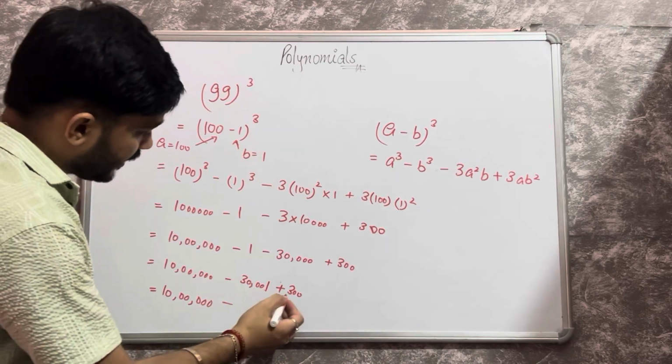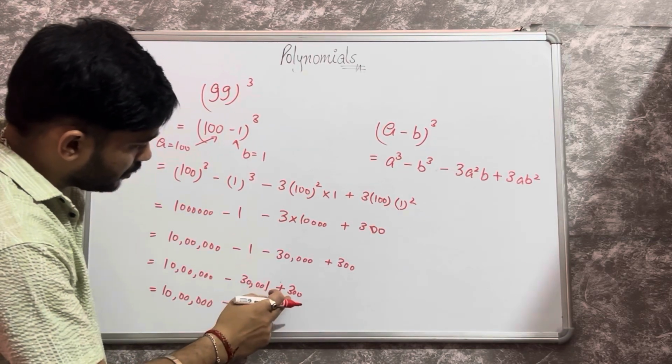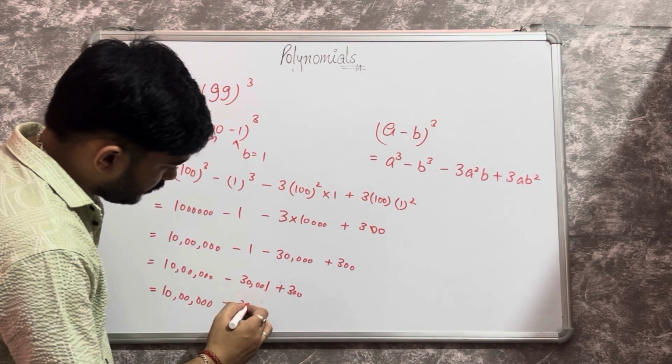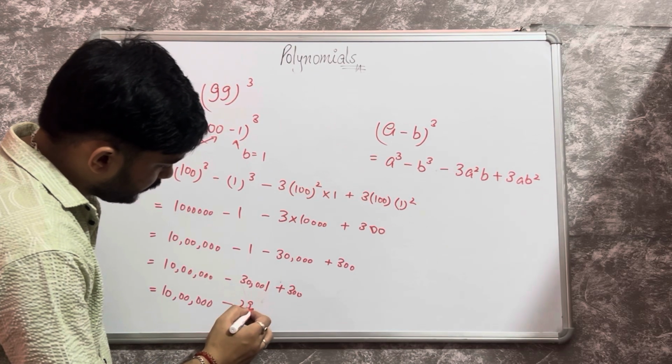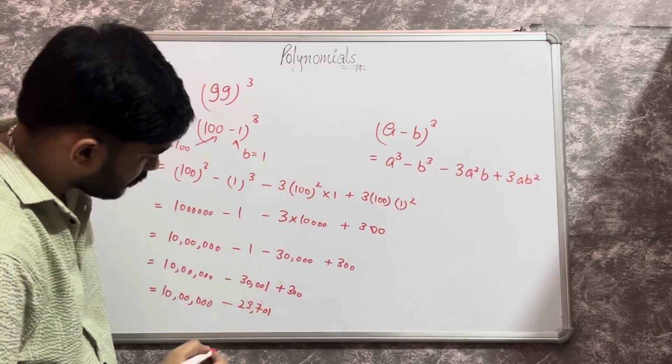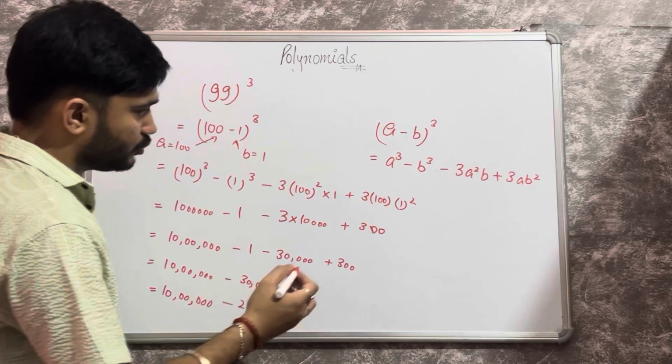Solve these two numbers, adding 300 in 30,001, you will get 29,701. After subtracting these two values, you will get